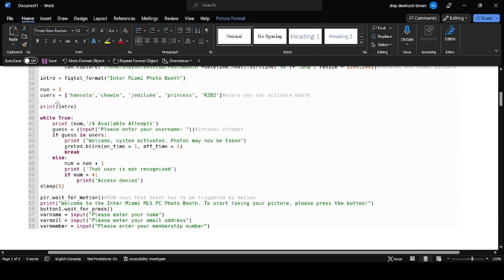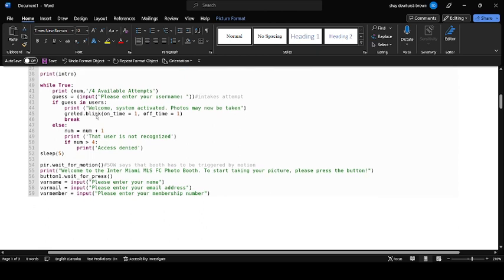When it's turned on, this is the first executable line of code. So it will print out the intro, this lovely little overlay or text block. Then when true, so this is our login loop, it will print 1 out of 4 available attempts, give the admin an opportunity to enter their username. If this guess or their username input is in users, in that list from earlier, it's going to print welcome system activated, photos may now be taken, and our green LED will begin to blink